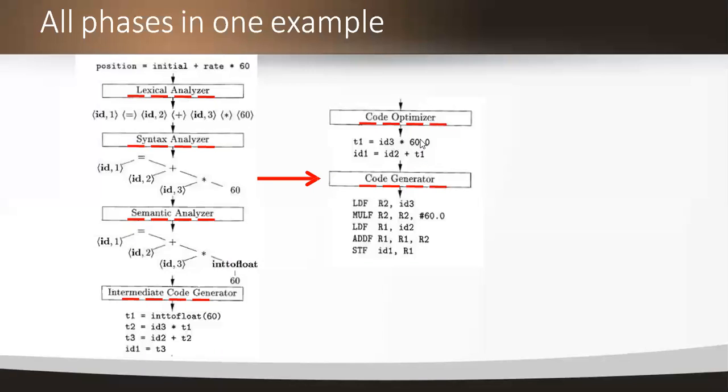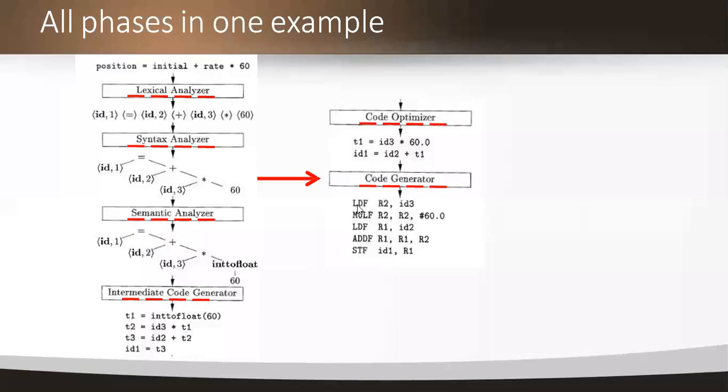minimized lines of code from the optimization, now we are going to generate a target program by using the code generator, using simple code generation algorithms. And this is the machine level instruction format, machine level language code, where LDF and STF are nothing but floating point data transfers. That means load data, store data. LD is load data and ST is store data. And MULF, ADDF, all these are the arithmetic operations in floating point.